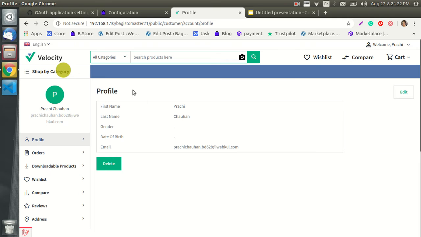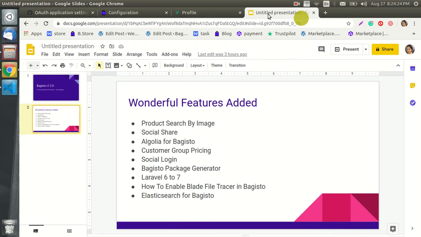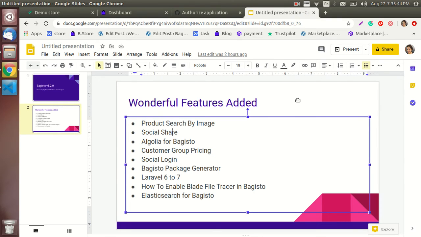So guys, next in the row is the Bagisto package generator. Bagisto package generator is obviously another wonderful feature that will create a sample package for you with a single command.